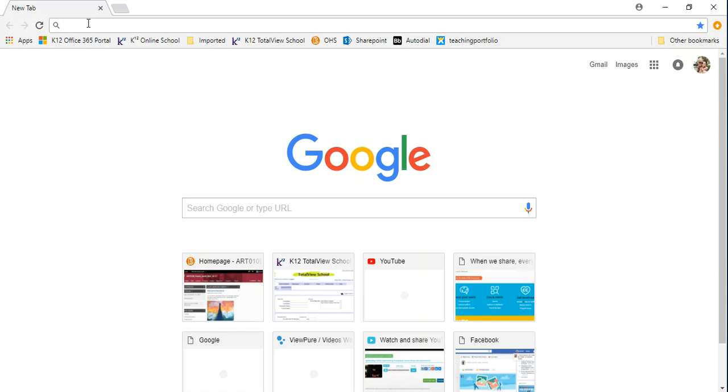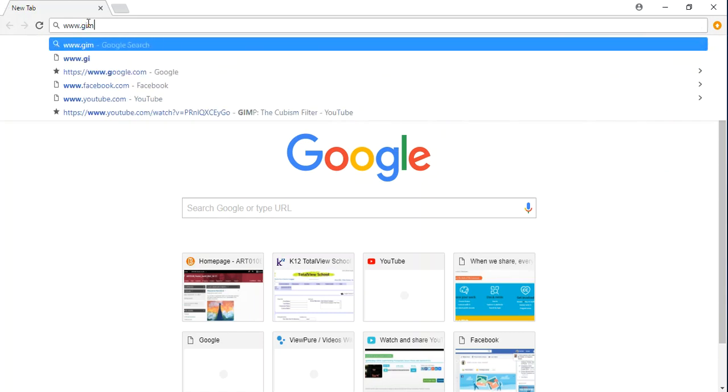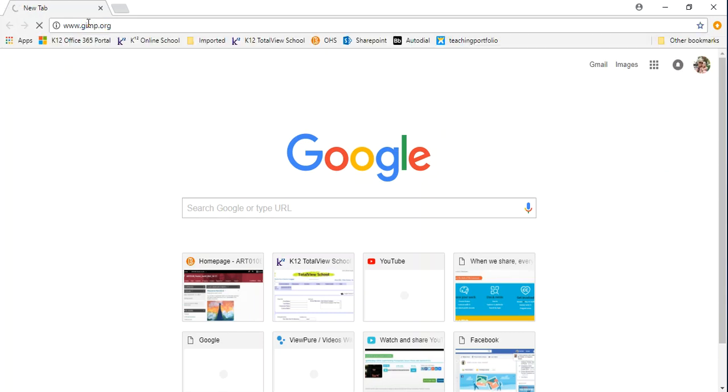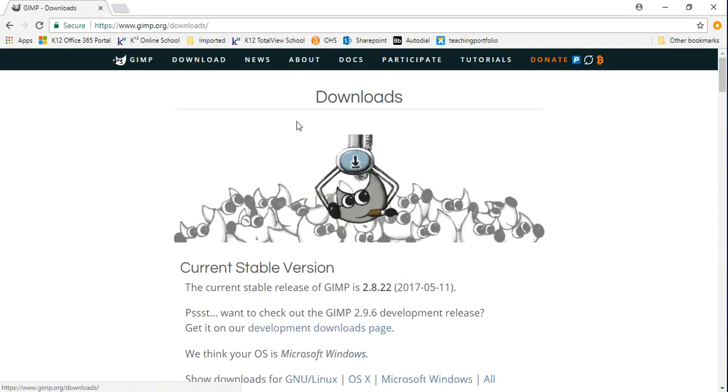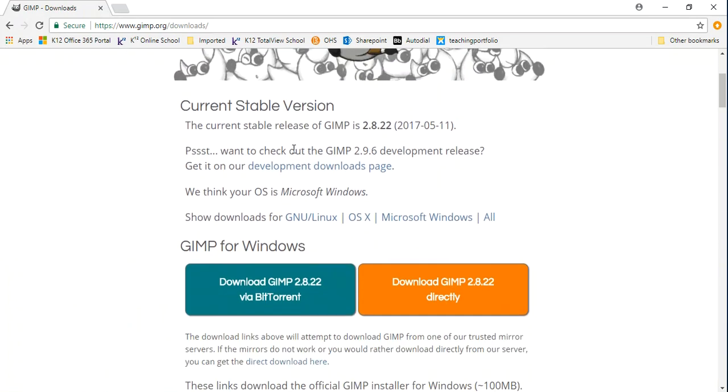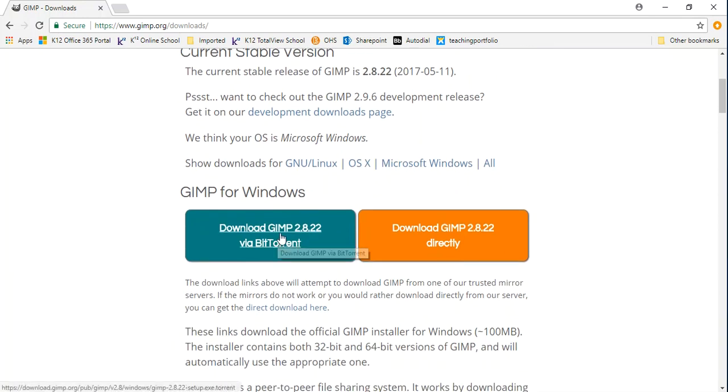So you want to go to www.gimp.org and just go to this top download menu, and it will give you GIMP for Windows. If you have a Mac, you can try this version right here. I just download it from this point here, download GIMP directly. So click on that one right there,